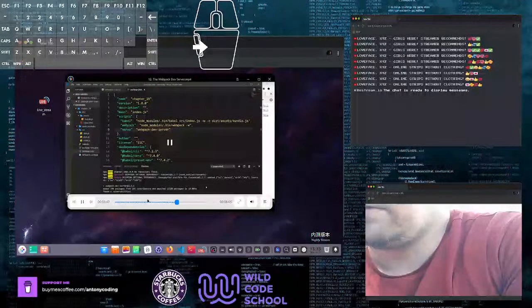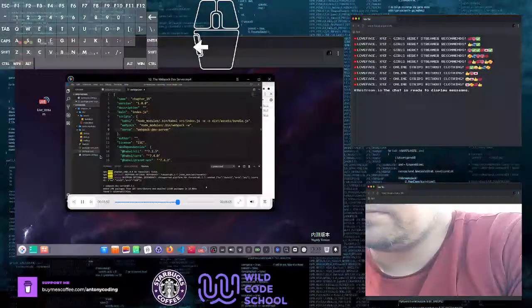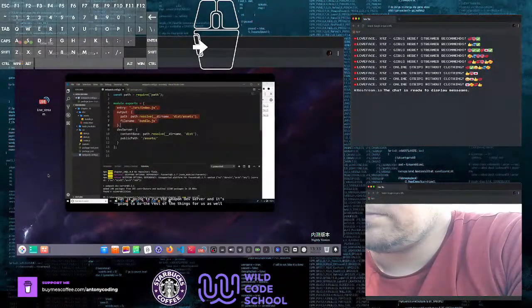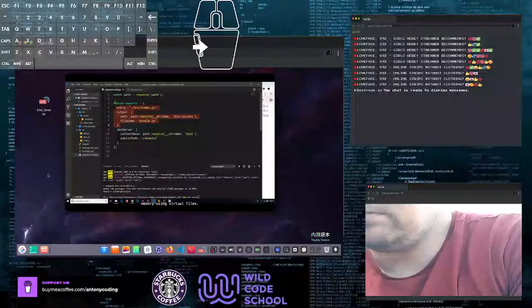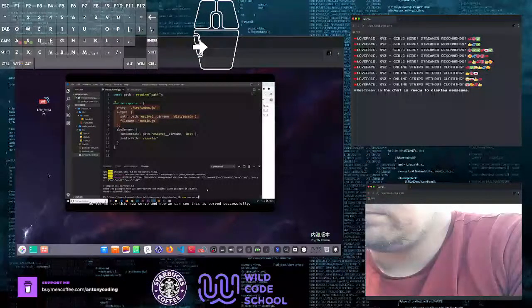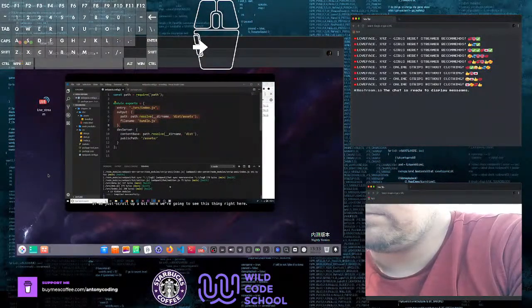So if I save this now, what I'm going to do is come down here and say npm run serve. That is going to run the Webpack Dev Server, and it's going to do the rest of the things for us as well. It's going to bundle up all of our JavaScript and output the file, but it's only going to do that in memory using virtual files. So let me run this now, serve, and now we can see this is served successfully. If we just scroll up a bit,